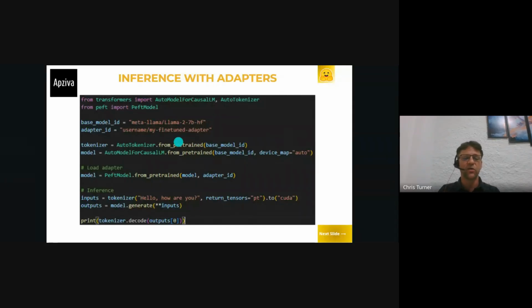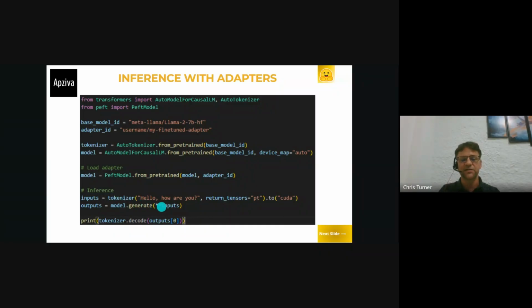And so here we have a base model, and here we have our already fine-tuned adapter. We're going to get a tokenizer from our base model here, and then we are going to put those two together. So here we're getting our model from pre-trained LoRA adapters and a base model, and here we have the base model and the LoRA adapters working together. And then we load those adapters, and then we create an inputs variable.